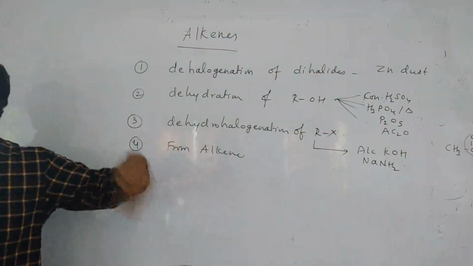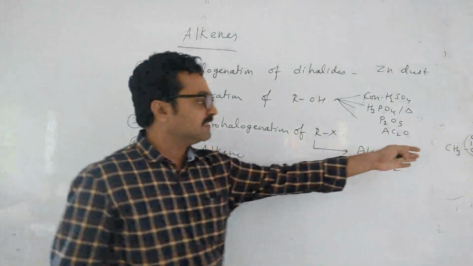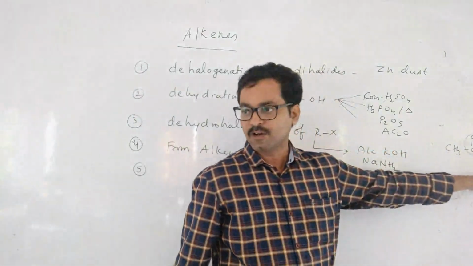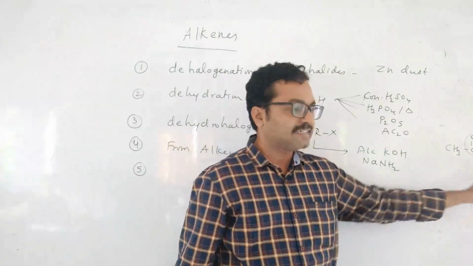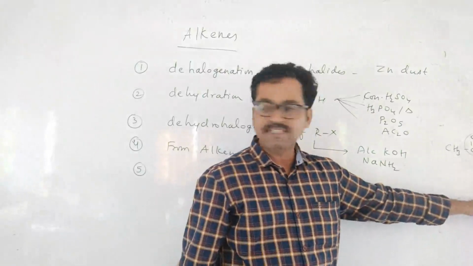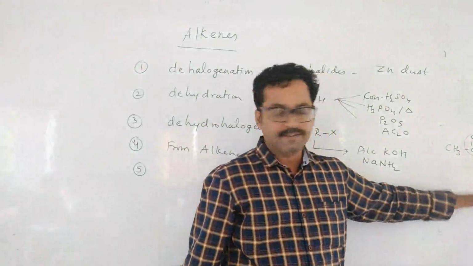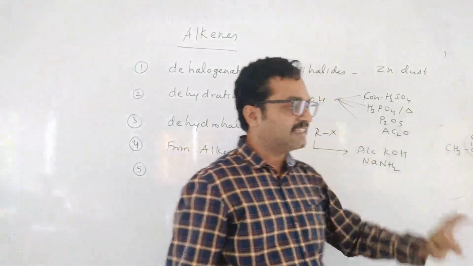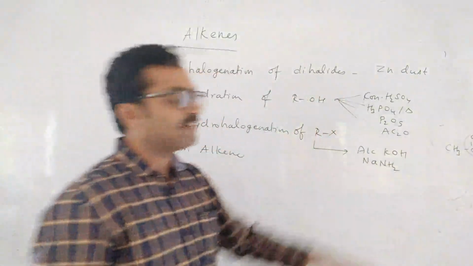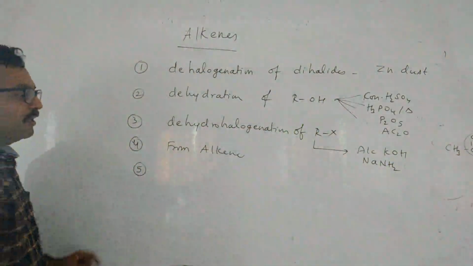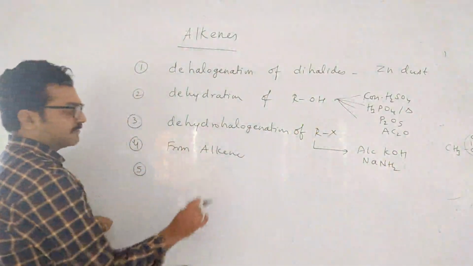Derivative means instead of that you will write some other group. So RCOOH with Cl means acid chloride. NH2 means acid amide. OR means ester, RCOOR. OCOR means anhydride. And CN means cyanide. NC means isocyanide. These are all derivatives of acid. Okay. Now from alkynes, what you can do?